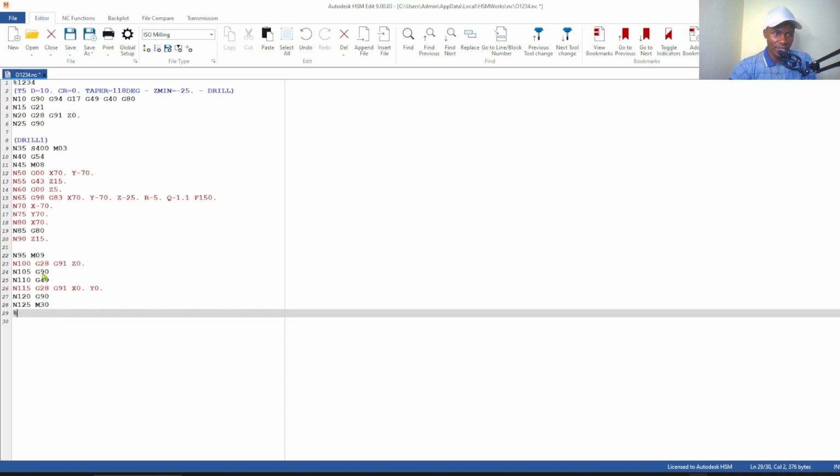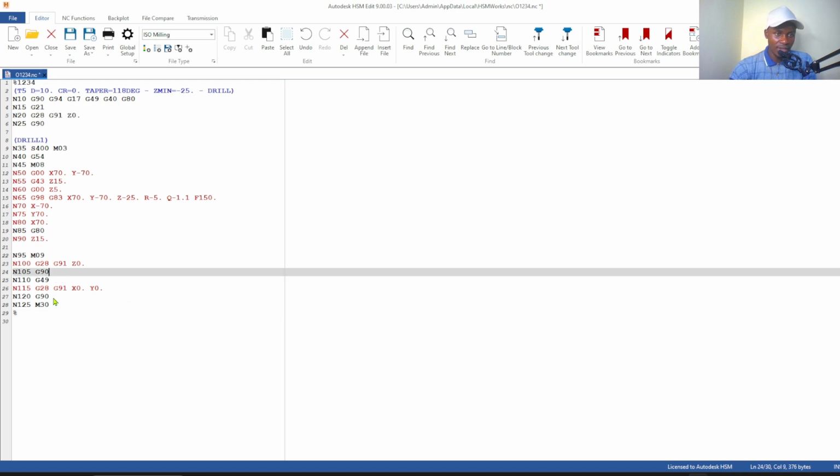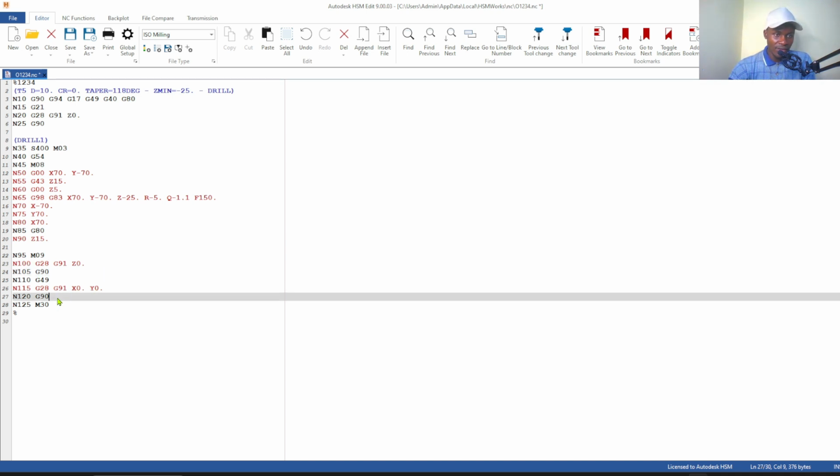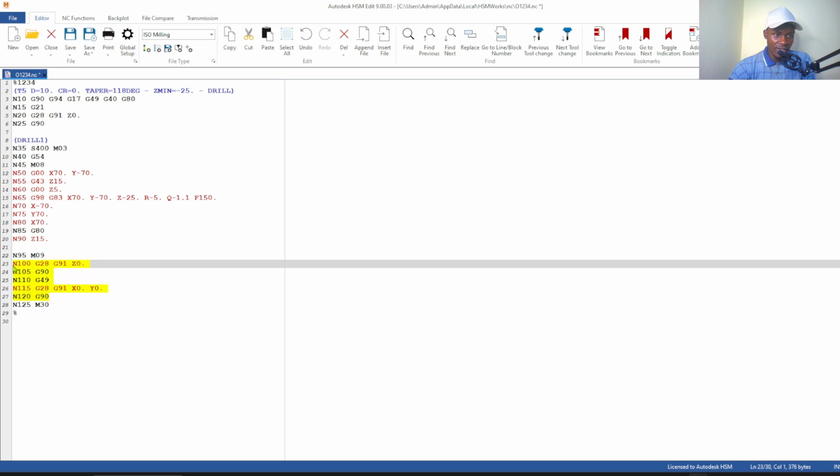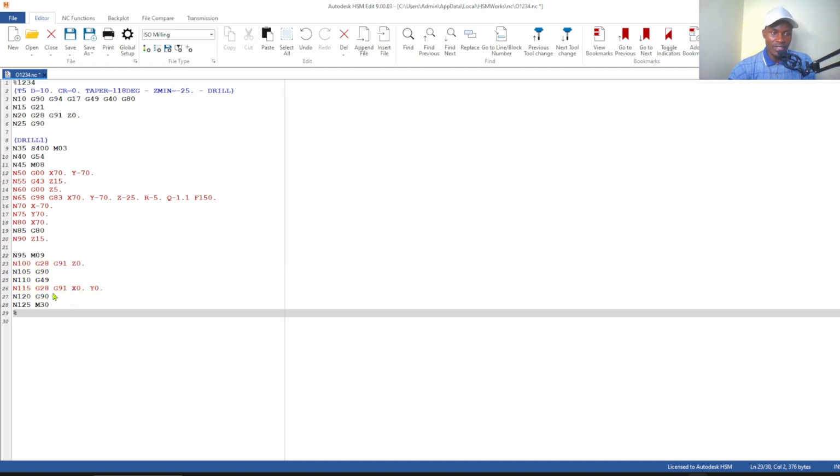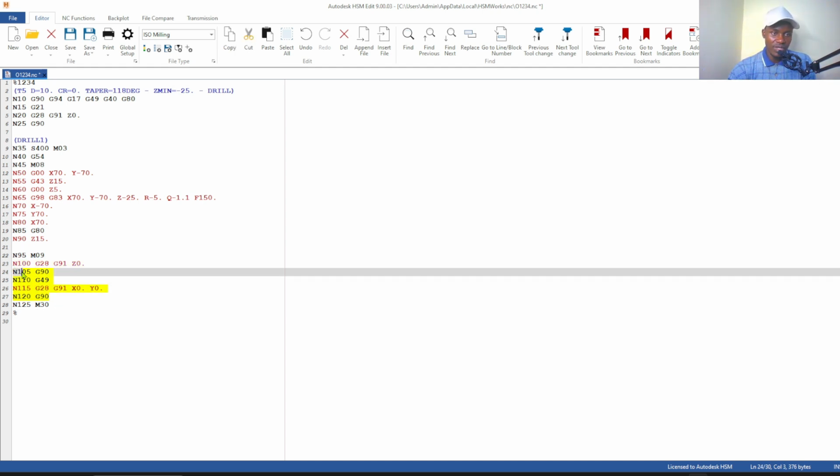Towards the end, there are a bunch of codes which are unnecessary. So you see, like these ones, I'll assume you are doing the manual drilling operation. So these ones are not necessary.